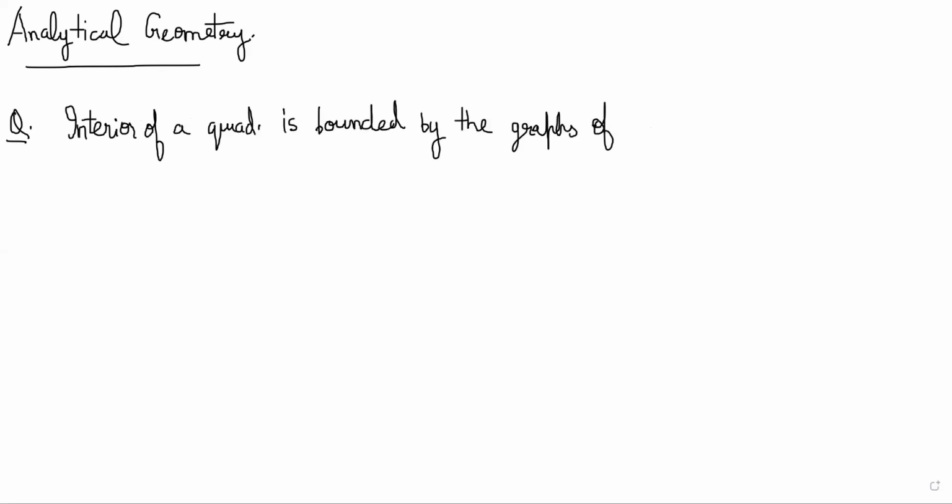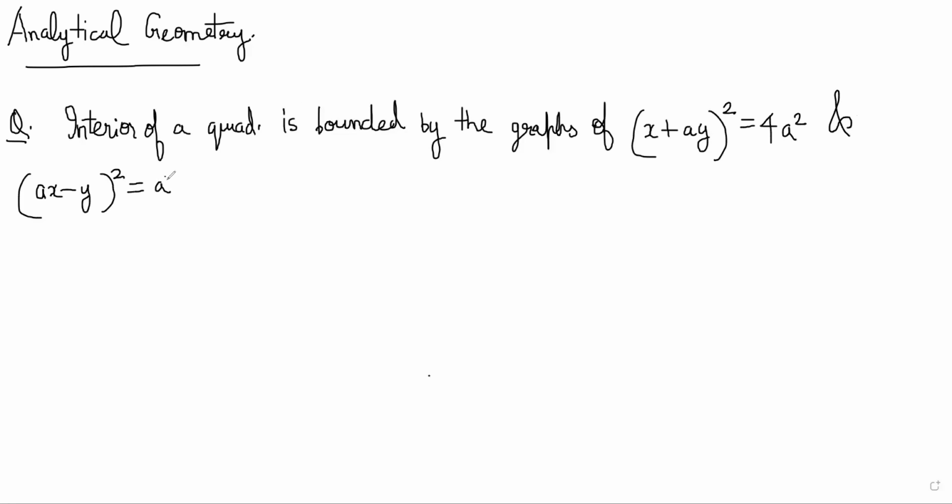I didn't get the solution, and a lot of the solutions were by just substituting 1 and 2 and 3, and because 2 actually worked for a in the graph, I wanted a good solution. And the other is (ax minus y) whole square is equal to a square, where a is a positive real number. A belongs to positive real.